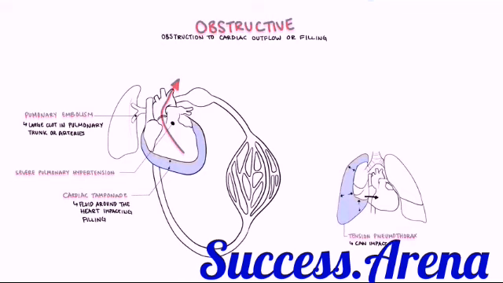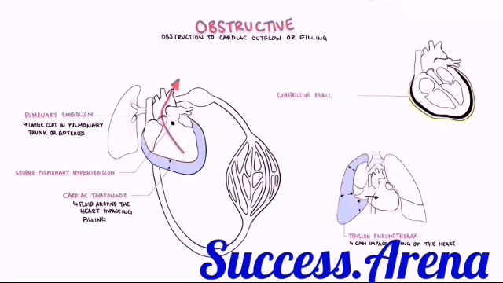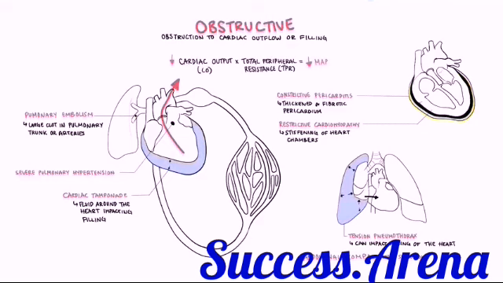pneumothorax, which will impact filling of the heart, constrictive pericarditis, where you have thickened and fibrotic pericardium, restrictive cardiomyopathy, stiffening of the heart chambers, as well as abdominal compartment syndrome, which can also cause an obstructive shock. Obstructive shock really causes obstruction of cardiac output through multiple ways. Therefore, reducing cardiac output means you have a reduced mean arterial pressure, and therefore a low perfusion to organs.